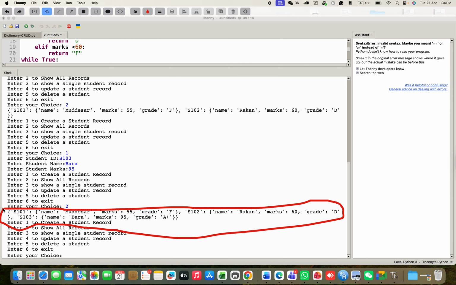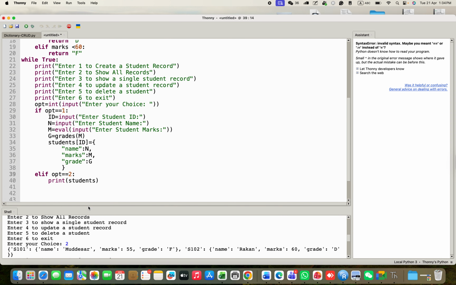So what I'll do is I'll run a for loop. Instead of printing student, I'll say for i in students. This will run through the whole dictionary, and I can actually print one thing at a time. First, I can say student ID equal to